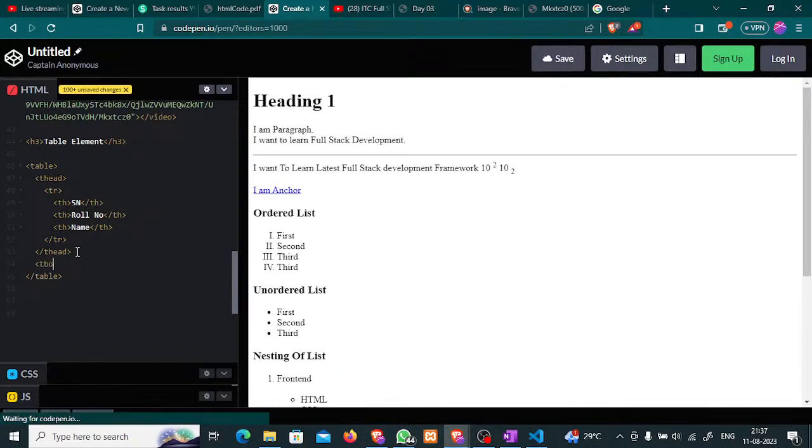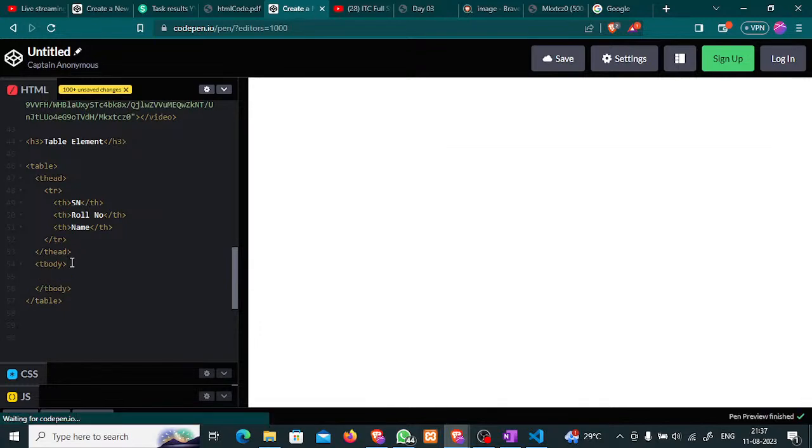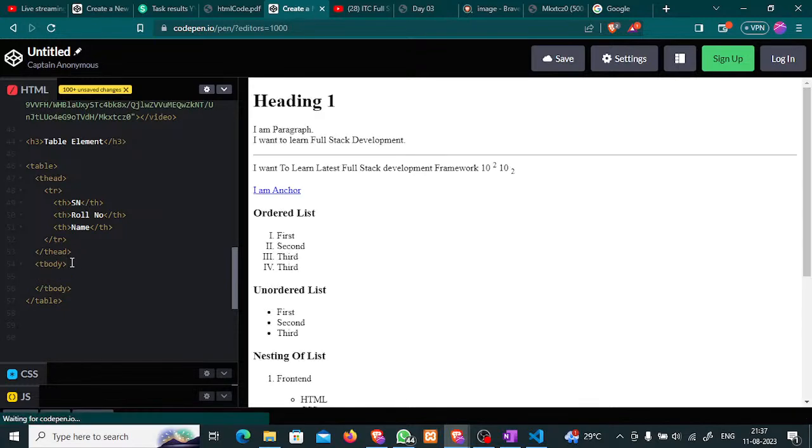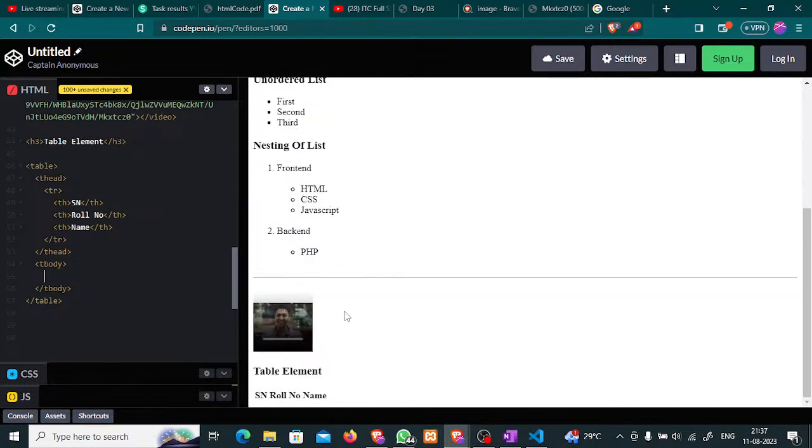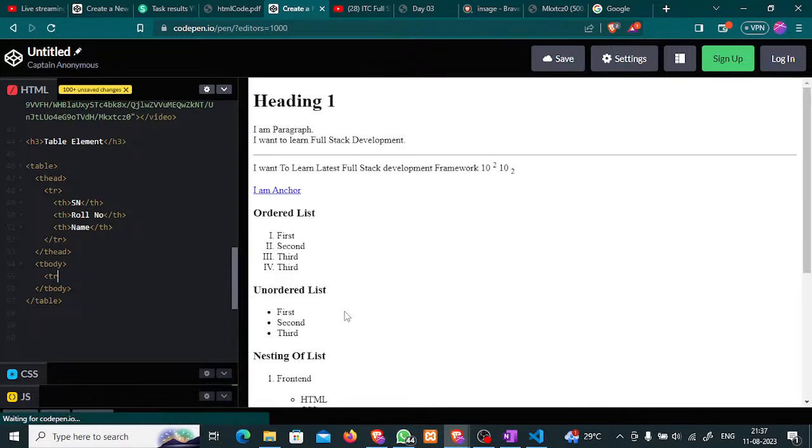So for body, we have tbody. Tbody has to be closed because it has opened. Tbody, okay. And inside the body I'll have two or three instances. You can write as much content as you want. So firstly I'll have to write in a row, so I'll open a tr tag, which is of course for the table row. Okay, and inside the